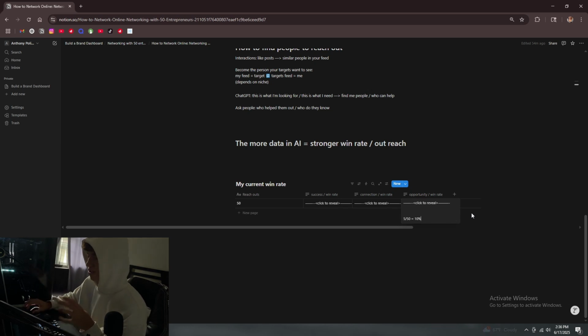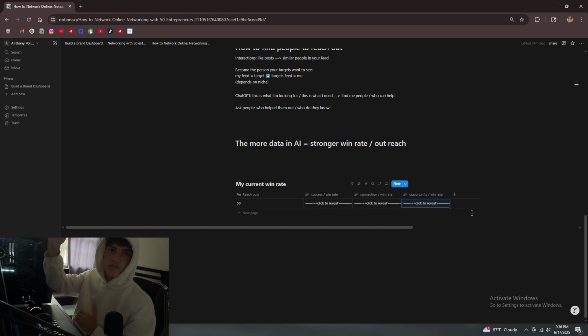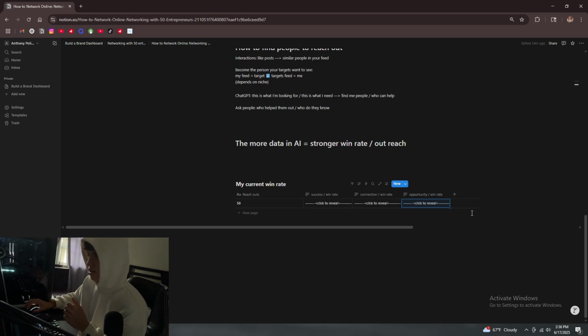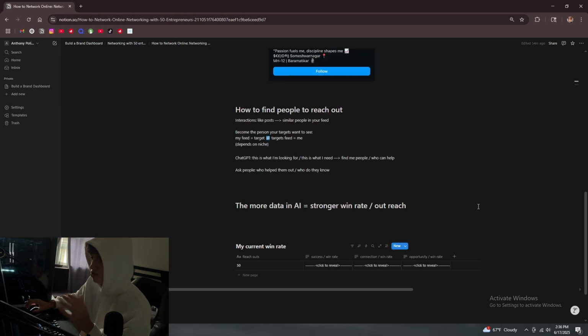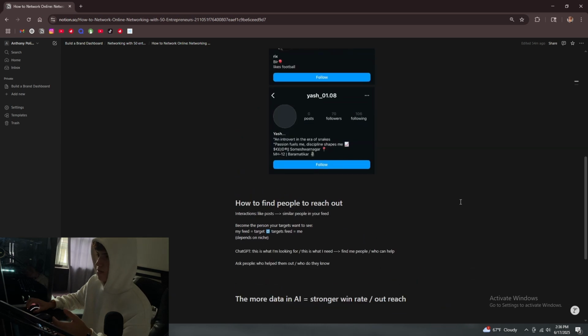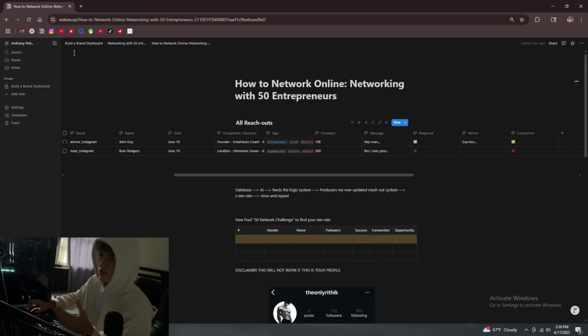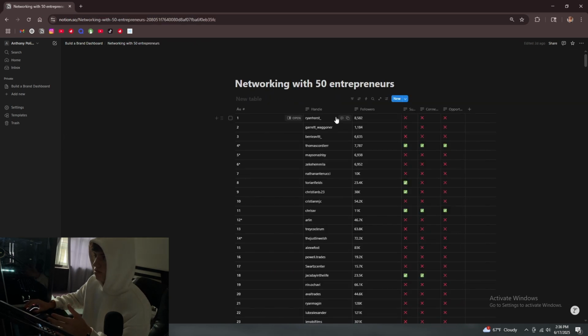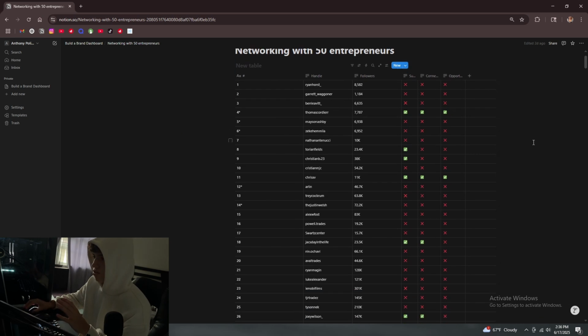You can see, I'm not going to show the actual messages, but it's like 12 pages of just messages when I scroll down to it. Now I'm trying to figure this out. I don't know if I'm going to get in trouble for this, but showing certain usernames and stuff, it's kind of hard to blur out everything I do when I'm doing networking. But I want to show you the page that I was doing all this on. So I've removed the names. I still have the handles. These are a lot of the people that I've reached out to.